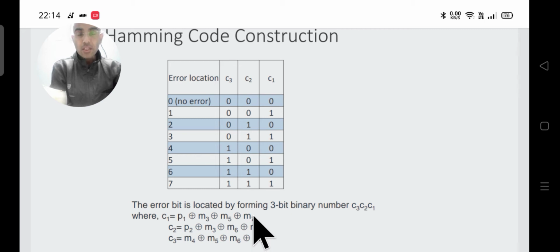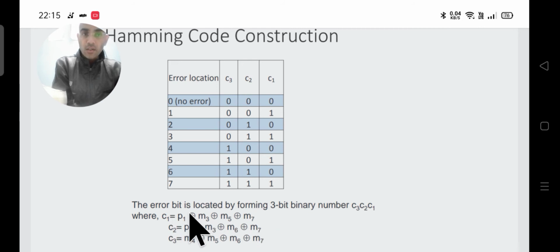We ignore the MSBs and take the LSBs only. If there is any MSB, you ignore it and just take the LSB. If you take two bits, P1 and M3, and get something, you XOR again with M5, and then XOR that answer with M7.